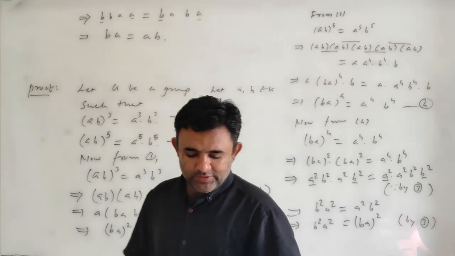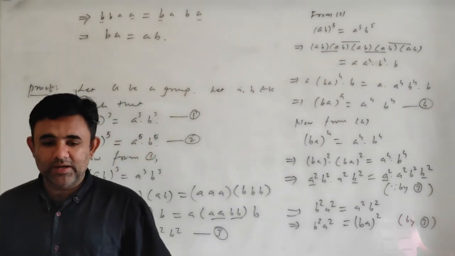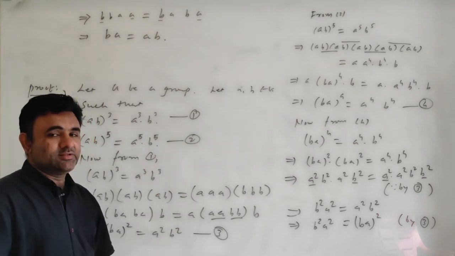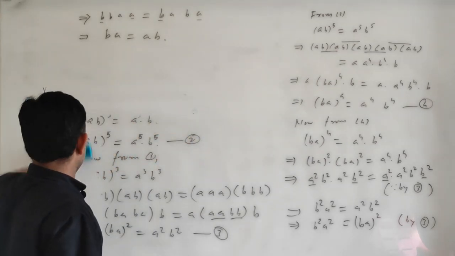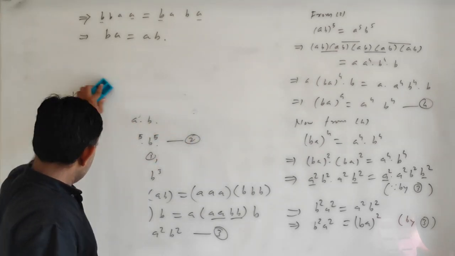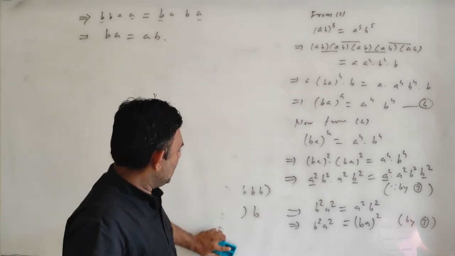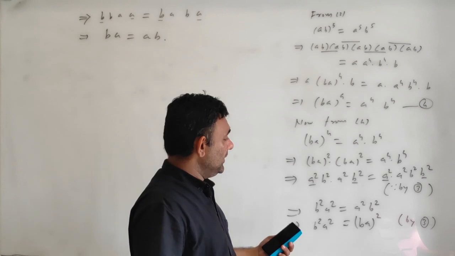So in the last three results we discussed when our group is abelian. All these 3 results give me a guarantee that in this situation your group will be abelian. That is believed to be a big thing in group theory, that we get information from somewhere that my group is abelian.